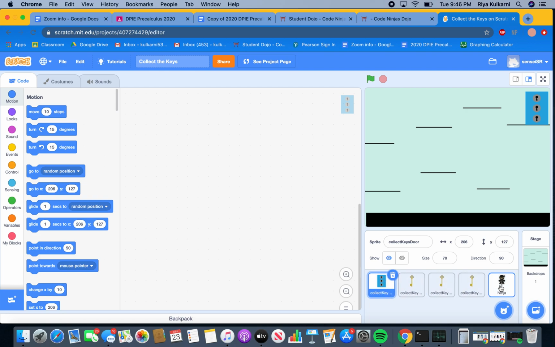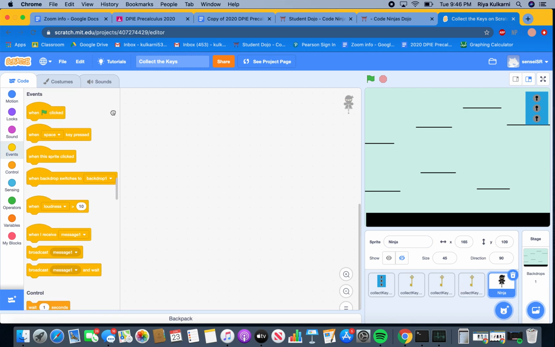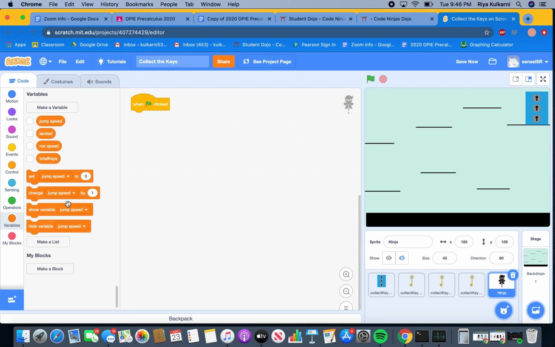First, we're going to be coding for the Ninja. So we're going to be coding a huge block of code for the Ninja, and most of it will be in the Ninja. So first things first, events, when flag clicked, and then you're going to go to variables, add